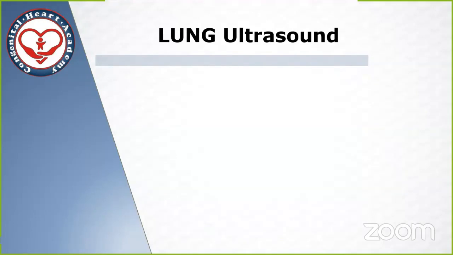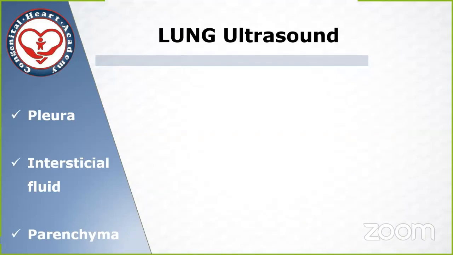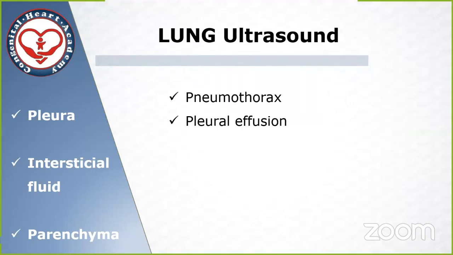The next thing that is probably even more important is the assessment of the lung. This is probably the field that has evolved more rapidly and has become more important in our units. And essentially it is a matter of assessing the pleura, the amount of interstitial fluid, and looking a little bit deeply in the parenchyma. And what we want to rule in our units is the presence of pneumothorax or pleural effusion. We want to look for pulmonary edema, and we want to look for